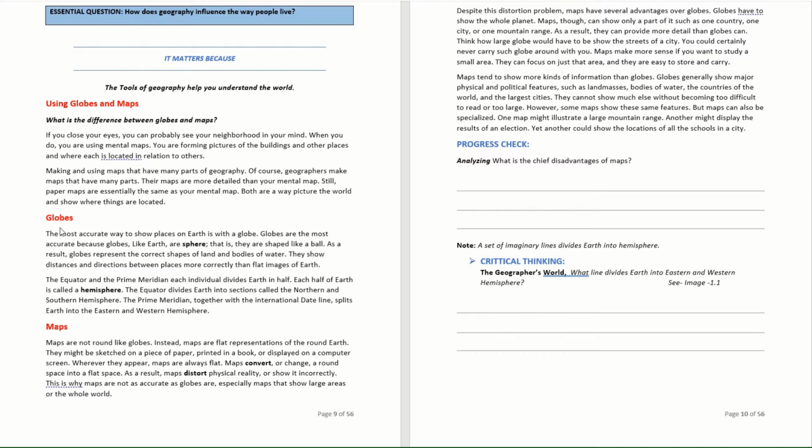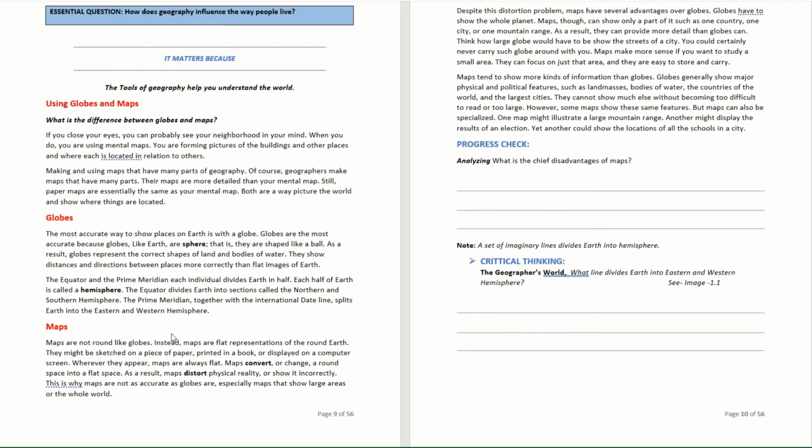As far as advantages and disadvantages are concerned, globes are hard to carry, while maps can be easily carried. So this is the main difference between globes and maps: the globe shows accurate information,